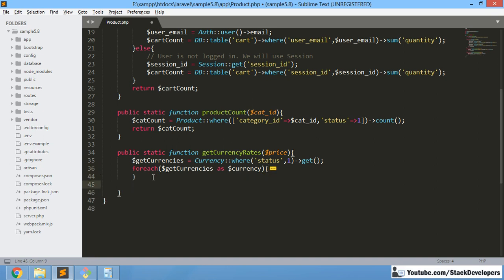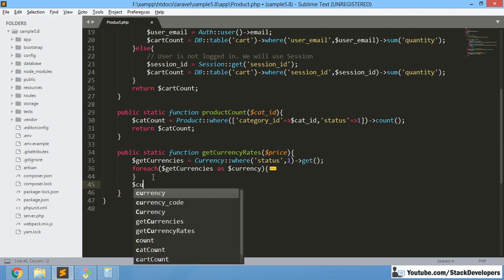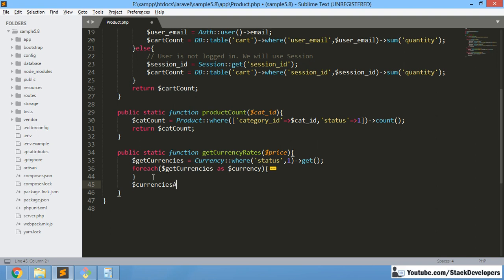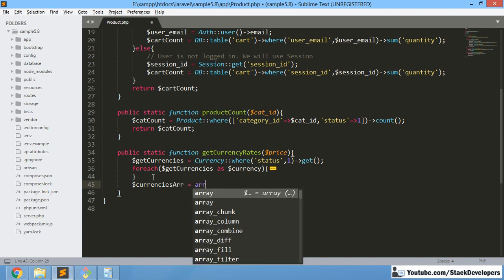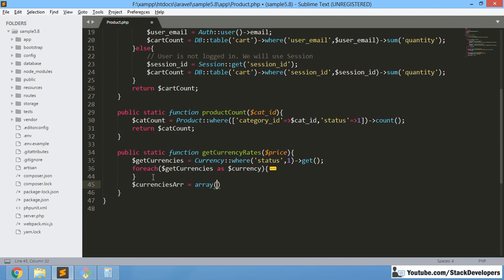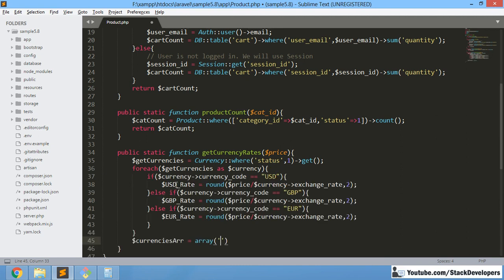After that we need to return. But first we are going to make one currencies array. We are going to make currencies ARR, in which we are going to add all currencies one by one. First of all we are going to get that USD rate here, going to make it like this, dollar USD rate. And after that